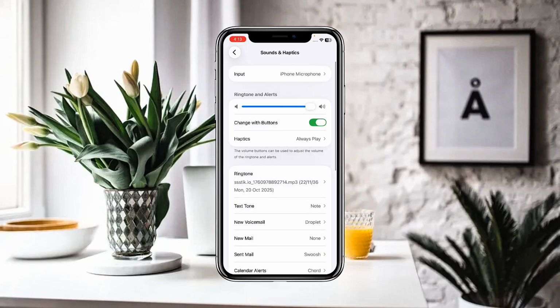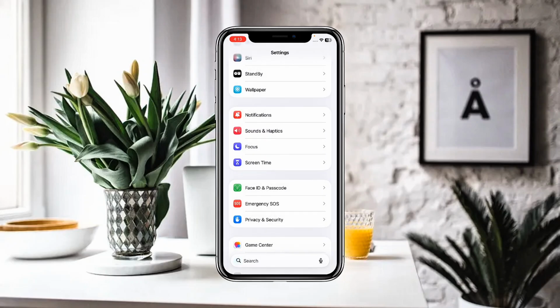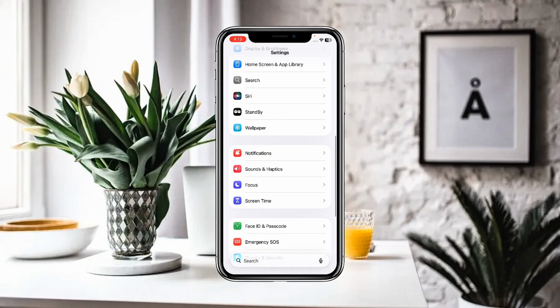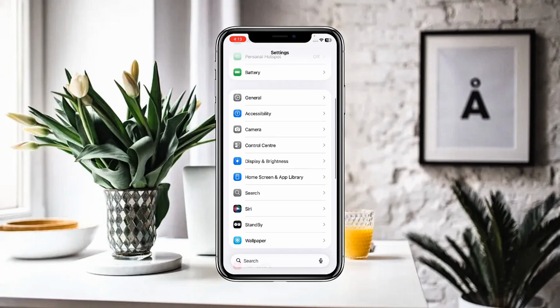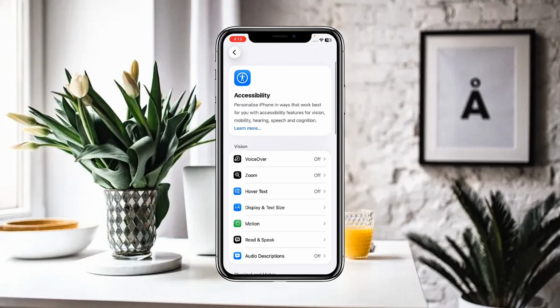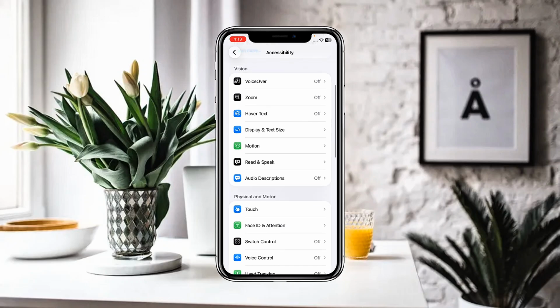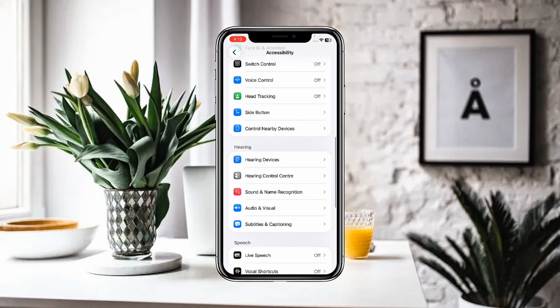And after that, what you have to do is make sure that you have also turned on the vibration in the accessibility settings. For this, you have to simply go to Settings again, and you have to look for Accessibility in that. You have to click on that Accessibility option, and scroll down until you find the option of